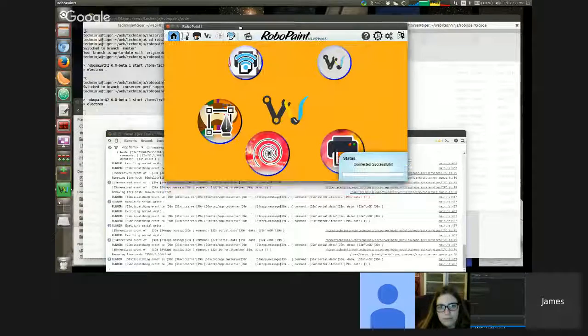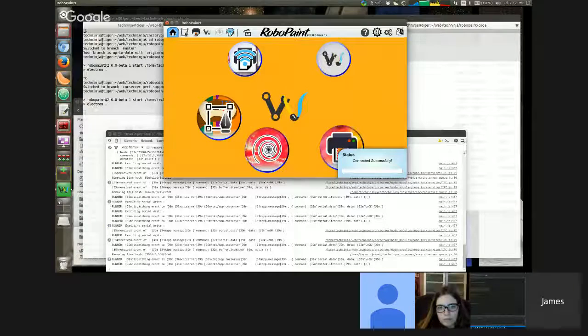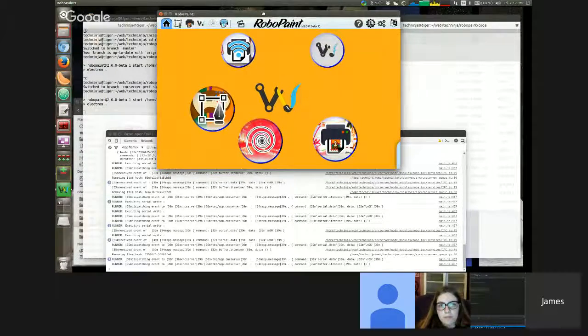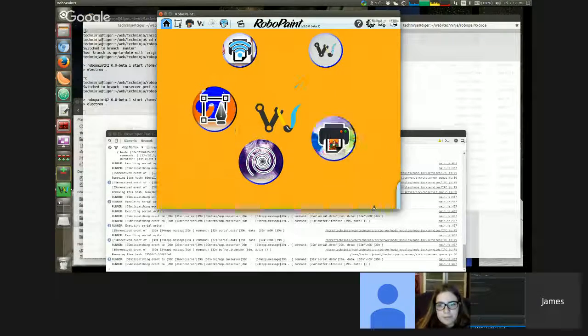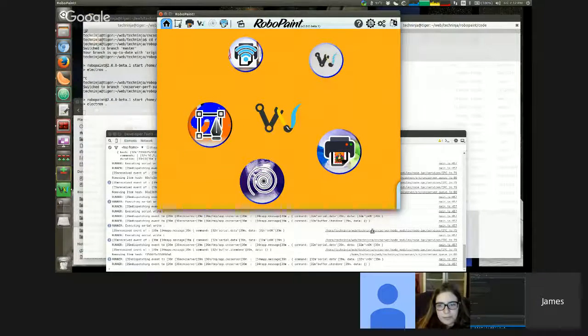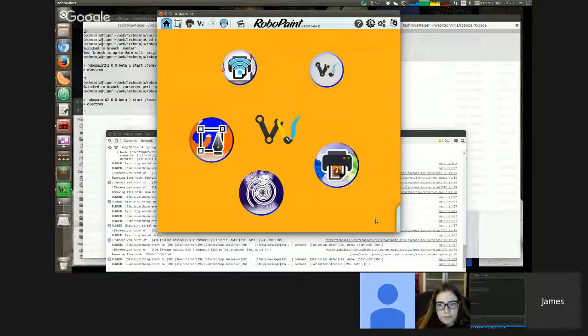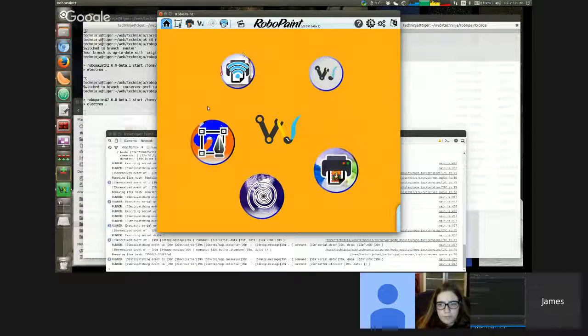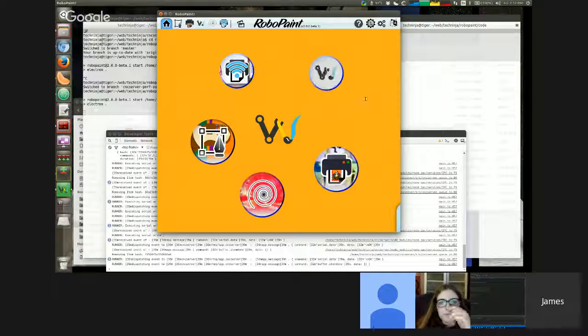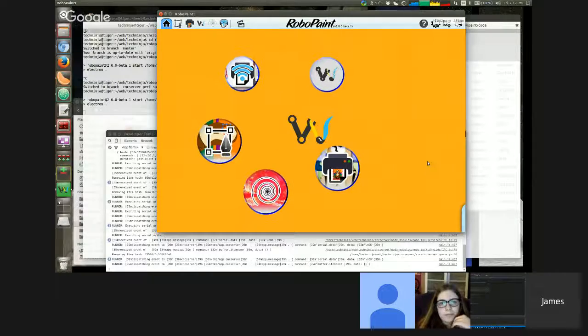It works. All right. So this is RoboPaint version 2.0 beta 1. This is the current version that we have under the beta release, and it has a bunch of very strange, different, crazy things that we're trying out. And one of them is these crazy bubbles, which you may have seen in one of the issues there that was talking about this. Because I didn't really know if this was a good idea. This is what Sylvia originally wanted, was some interactive bubbles that do stuff.